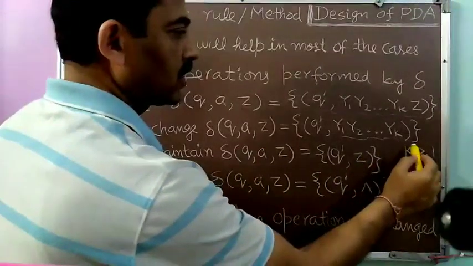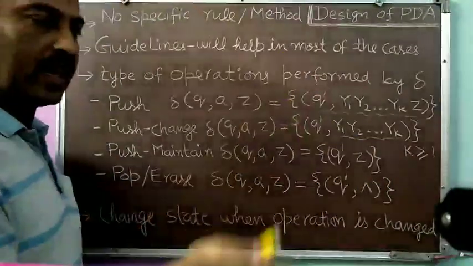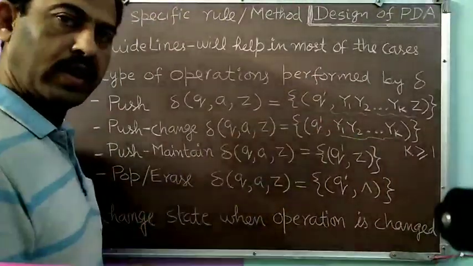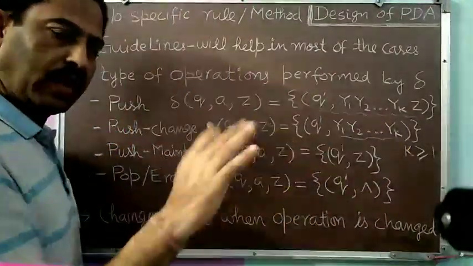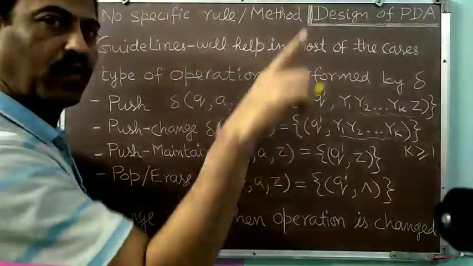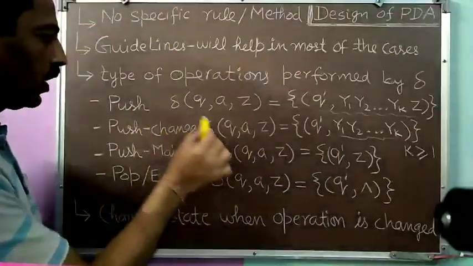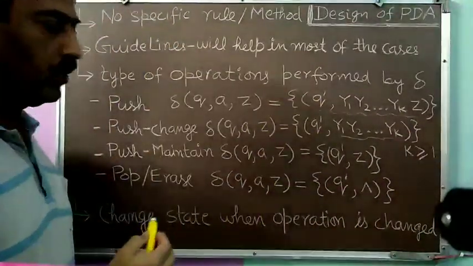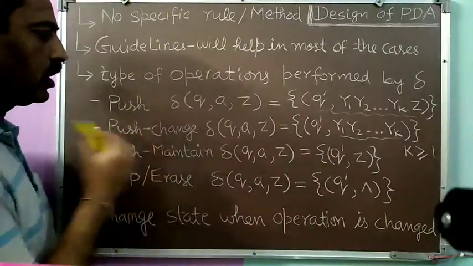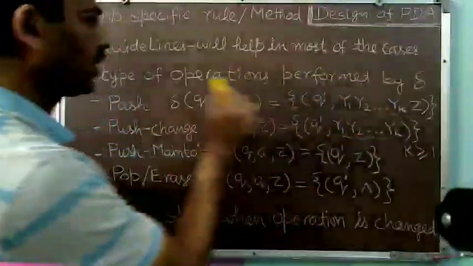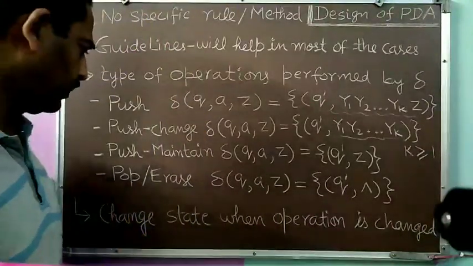And if the value of k is greater than 1, then certainly we will increase the length of the string stored over our push-down store, but the string will not be the same because Z has been removed from the previously stored string and something else we have pushed. That's why we call it the push change operation. Both are push operations, but we can differentiate between these two as push and push change. Normally we will be using the push operation in our designing. Push change will be used rarely.